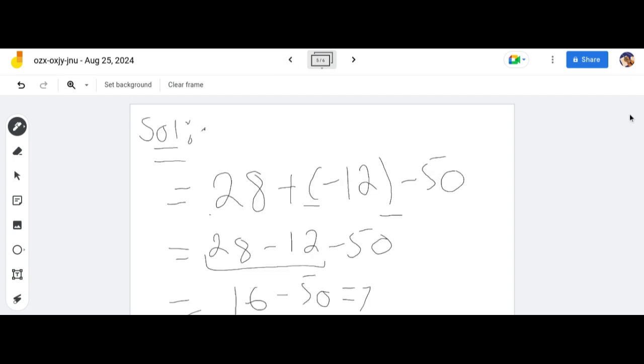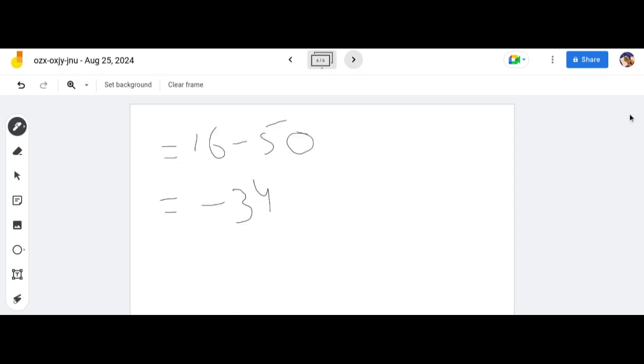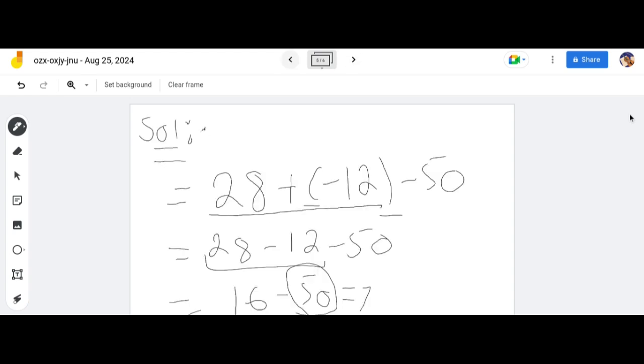Understood question number 6? First we have to sum these two numbers. The answer will be subtracted from 50. I hope you understood. Yes, ma'am. Any question regarding